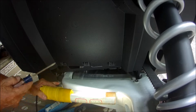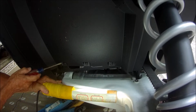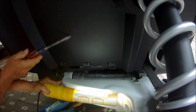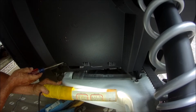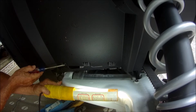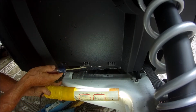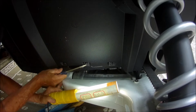Well, this is a 2017 model, so there are these push pins, 3 of them down here at the base of the sloping panel that we need to remove. And the way you remove them is you stick a screwdriver into this center pin, and then the push pin will come out. So to do that, we just pull this